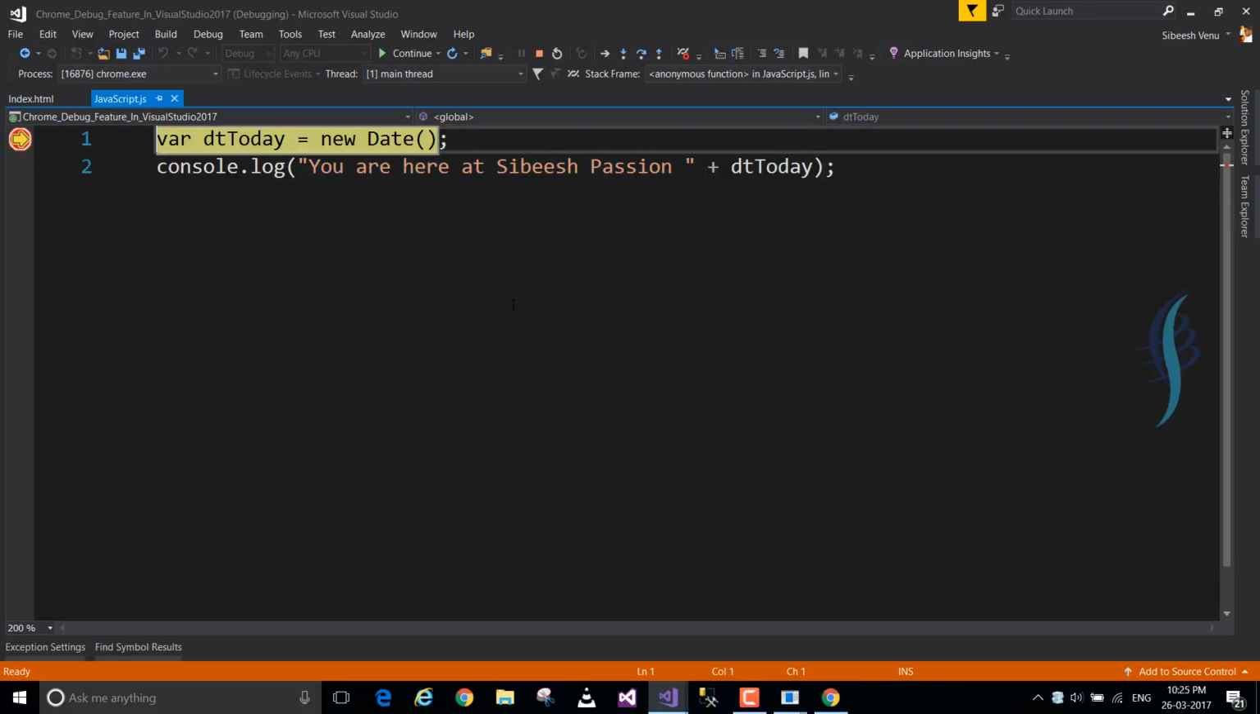The moment I load the application, I got the debugger here. In the previous version, VS2015, this option was not available, as it was only meant for IE, Internet Explorer, where we used to put a debugger and run our application, and we could always get the debugger in our Visual Studio, which makes the debugging easier. But